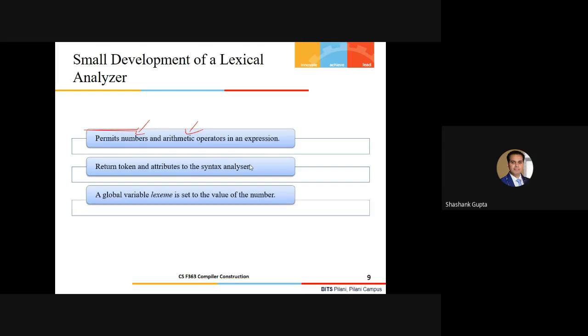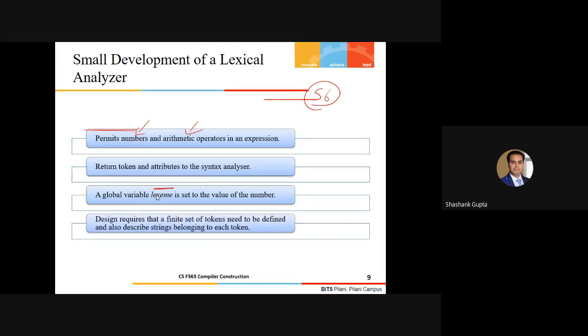Apart from this, let's assume that we have one global variable which stores the value of that particular string. The lexeme is set to the value of the number. If I have a number 56, this string value is going to be stored in this global variable lexeme.